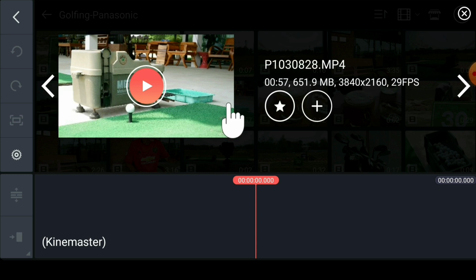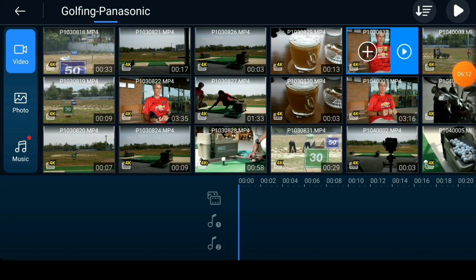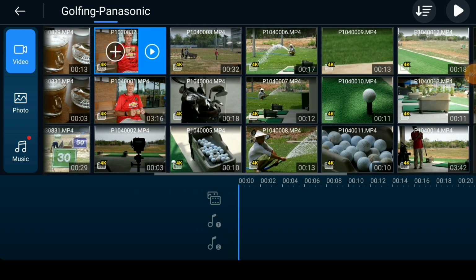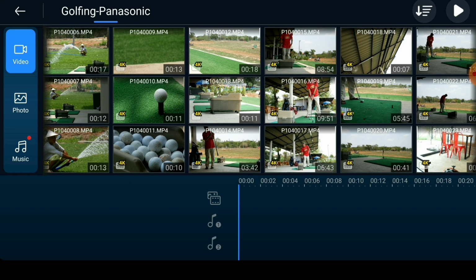And it is a particular problem when you have a long file. This one is quite short. So for example, if we look at another one in PowerDirector, let's pick a much longer video clip. I'm going to choose this one here, file 17. You can see it's 6 minutes and 43 seconds long. And if we click on preview,